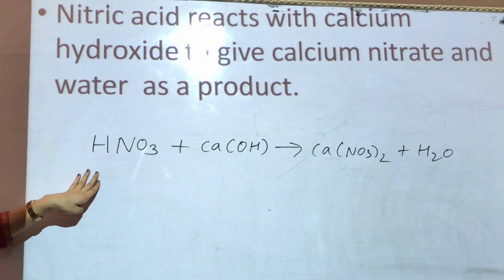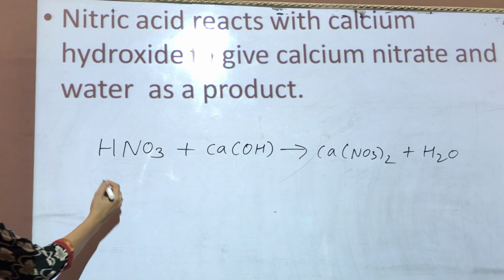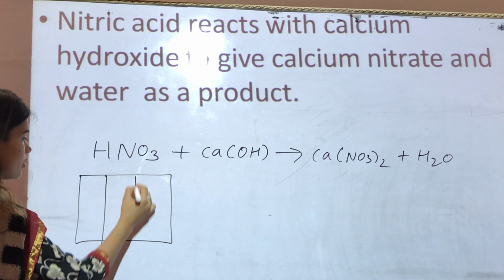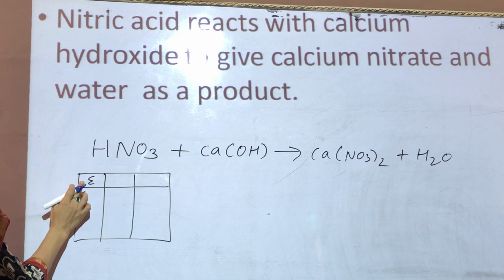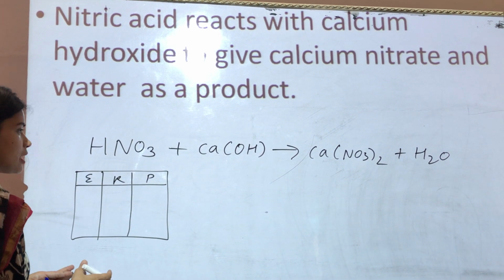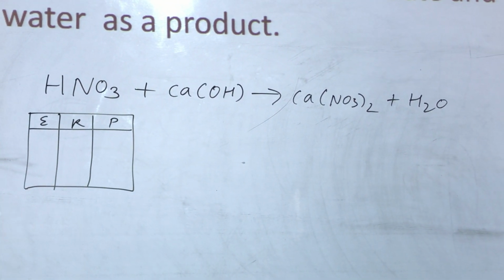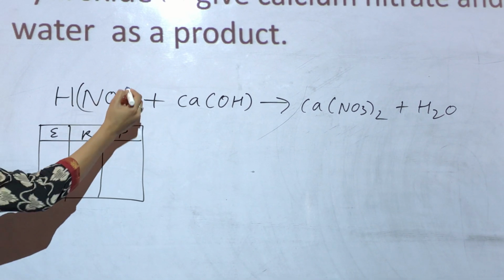For balancing the chemical equation, I already told you that we first need to keep in mind the number of atoms in the reactants and in the product side. So this is the element, this is the reactant, and this is the product. Children, you can do it yourself also. Don't look at the blackboard. Try to solve this equation. Try to balance this equation on your own. Okay, I will be going a little slower.